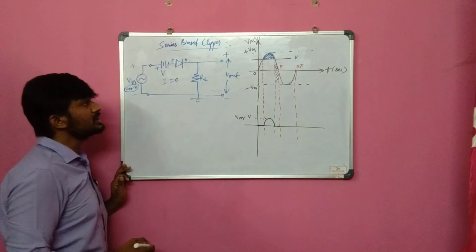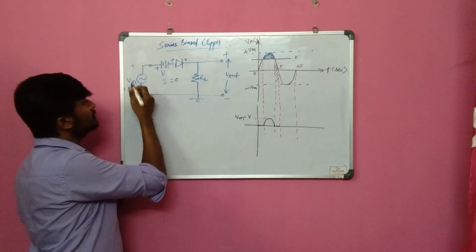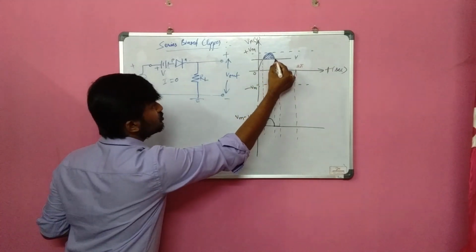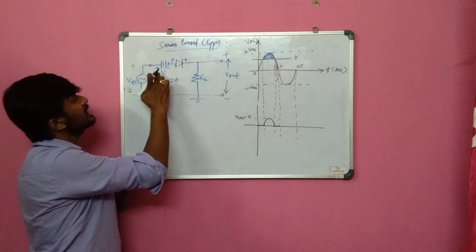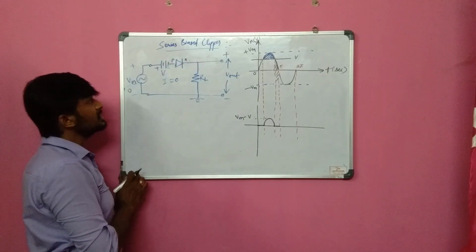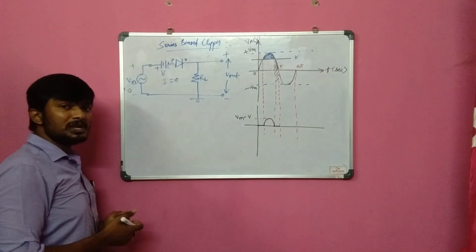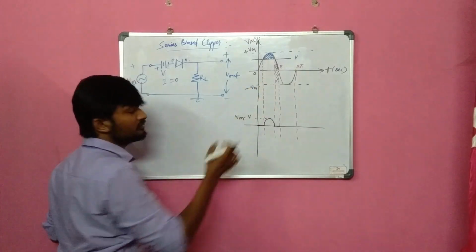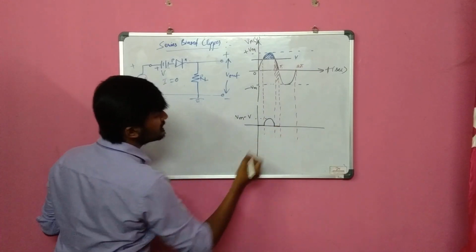In the third zone also you will get 0 volts, because again this becomes 0, since it is falling towards 0. So again the battery is dominating. Battery dominating means reverse bias. Reverse bias means open circuit, so the diode will be open. When the diode is open, again the current flow is 0. Just like what we talked about in the first case, the same case repeats for the third case. So no output across the third zone.